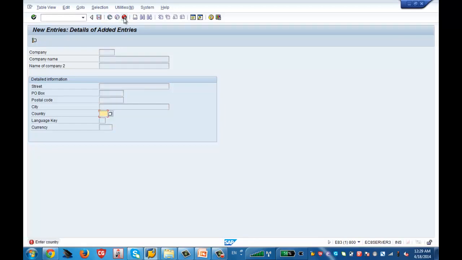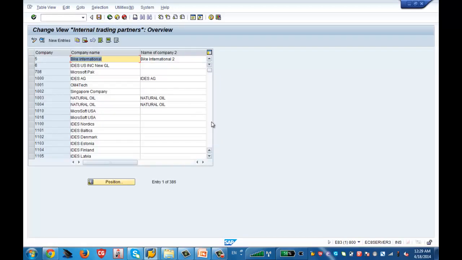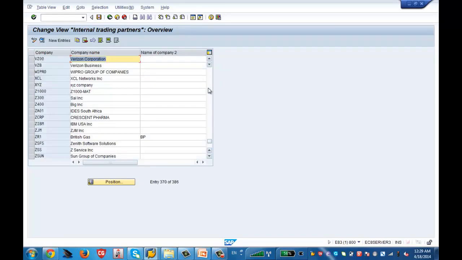I have basically configured a company called Zenith Software Solution. I clicked New Entries and gave the company name. Let us go and see the details. This magnifying glass will show you the details of what I have configured. If I click on details,